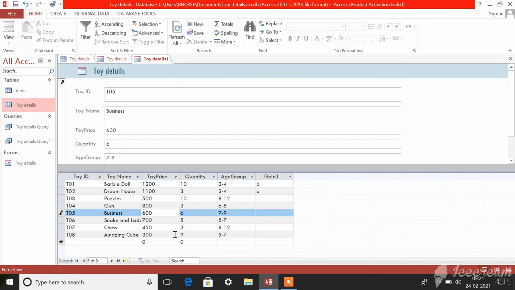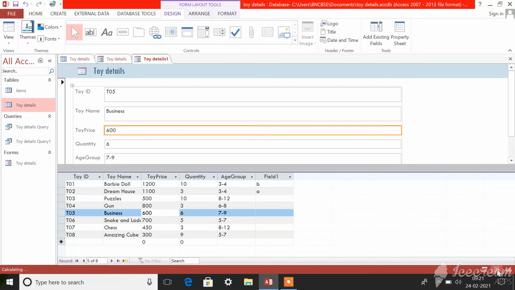Okay. Now for formatting your form, formatting in the sense, previously I have explained to you how to change the background color, how to change the font color, everything, how to set a logo. All these are called formatting, isn't it? So that can be done by selecting this layout view.